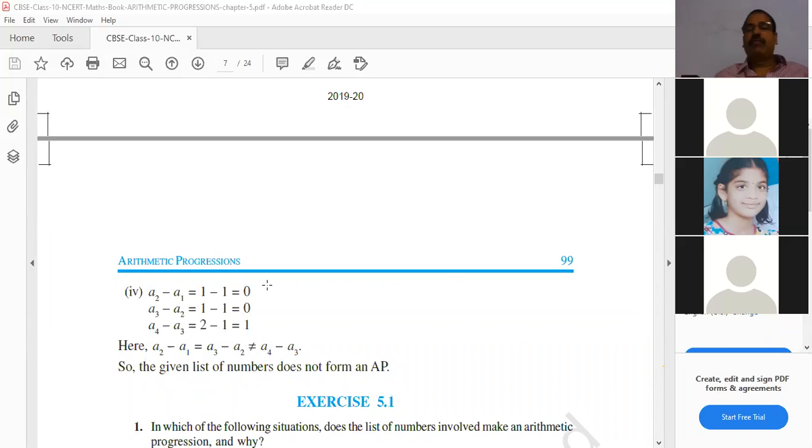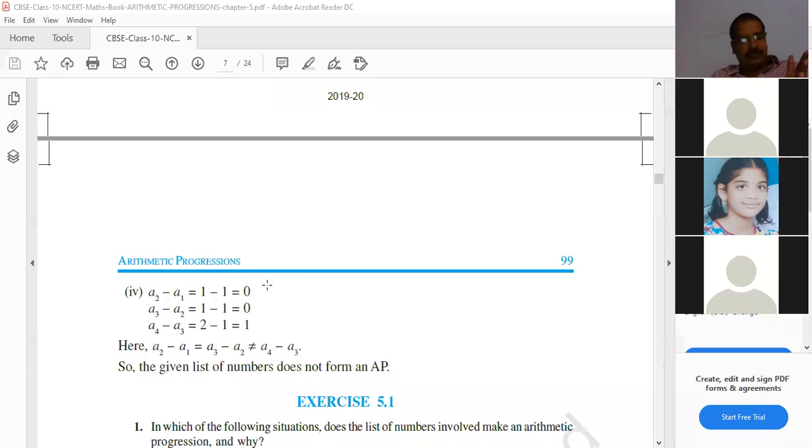Okay, so what points I told, once again I'll tell. Today I told these points up to the nth term. Tomorrow I'll tell the sum of n terms. I don't want to confuse you, that's why I'm not explaining the sum of n terms now. Tomorrow I will explain. First, the definition of an AP.